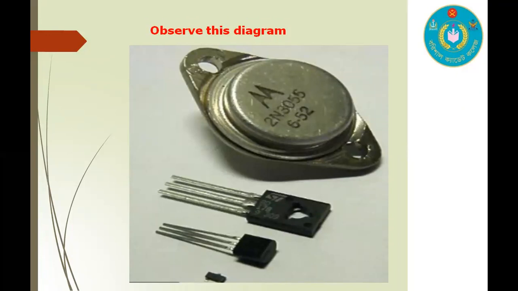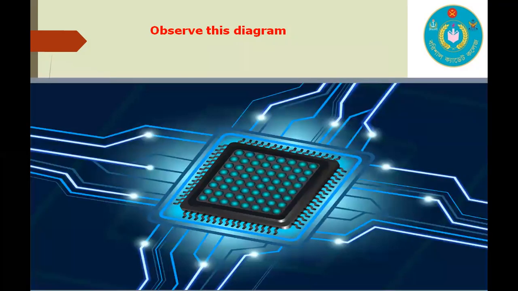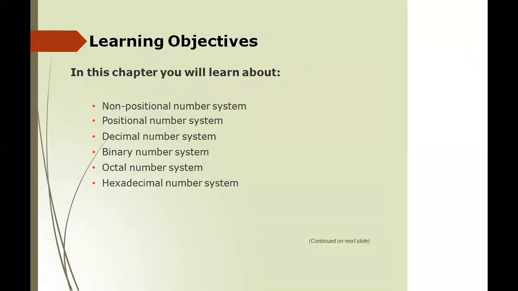At first, observe this diagram, and I think all of you previously know this diagram. And this is a picture of a transistor, and it's the application of semiconductor and electronics. And I think all of you can guess the diagram. And after this class, in the end of this lesson, you will be able to explain all of these